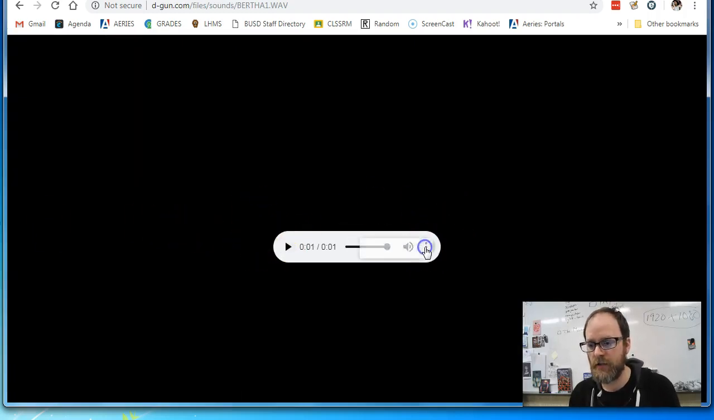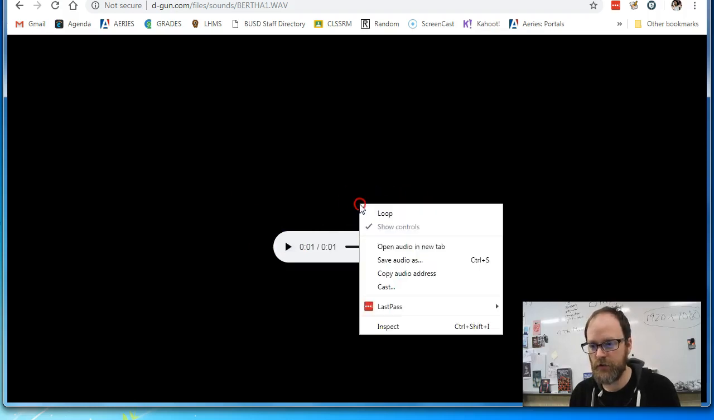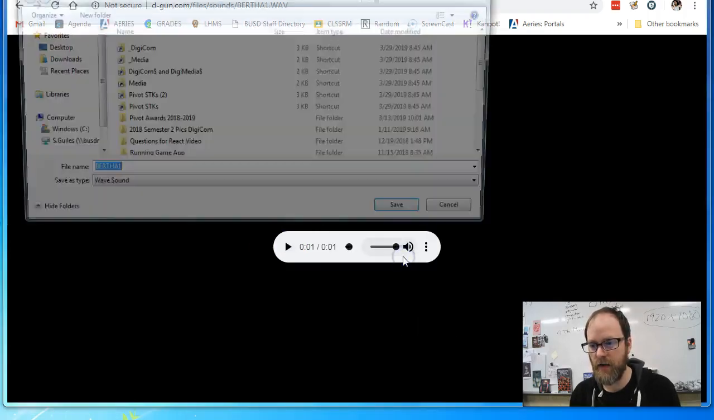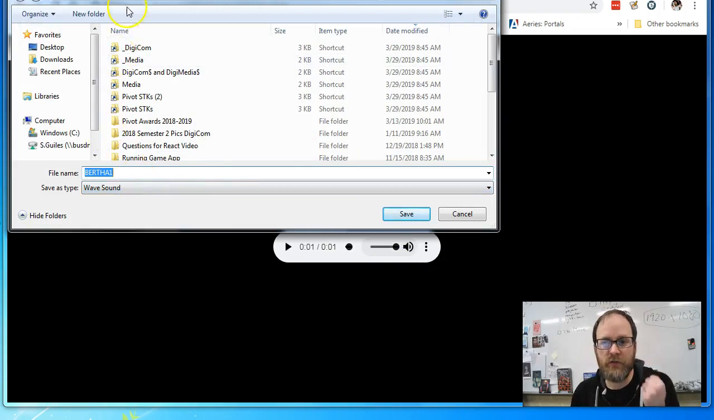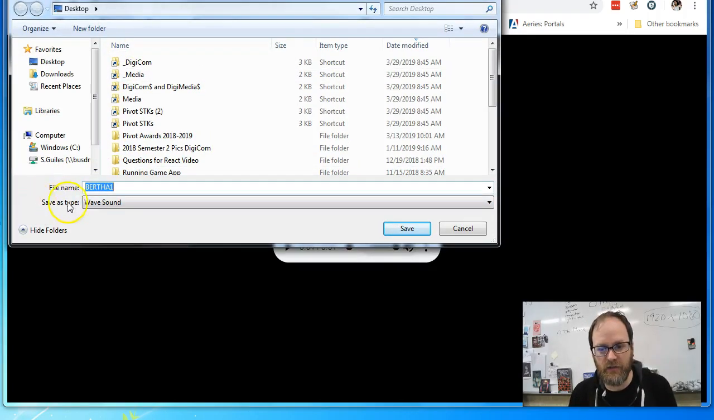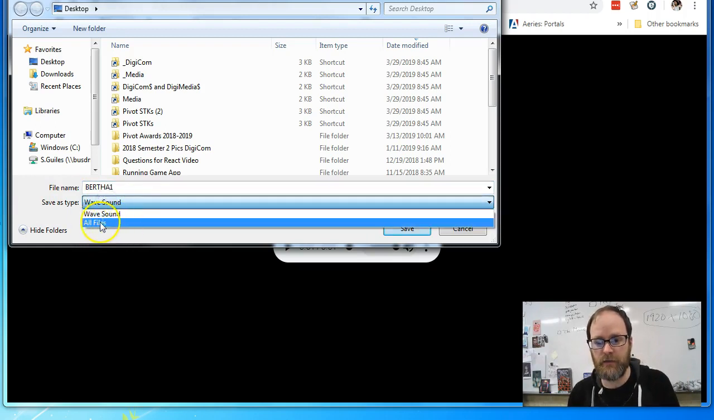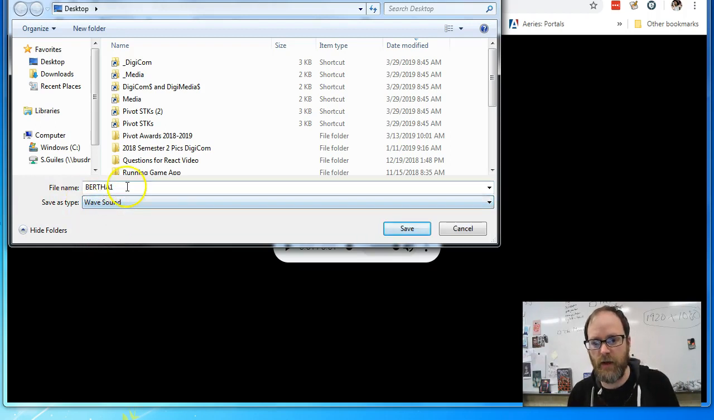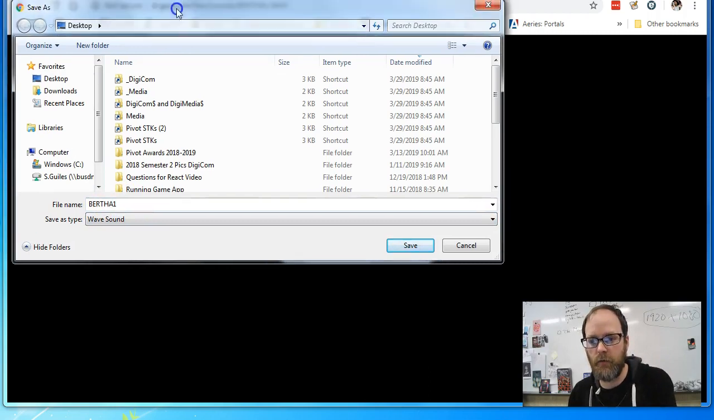So there's 3 dots here, and there's a download button. You can also right-click and save audio as. Whatever you do, when you save your file, make sure that it says save as type, and it's either a WAV or an MP3. I'm using Google Chrome, by the way, to download this, but you can do this in any other browser. And I'm going to name it